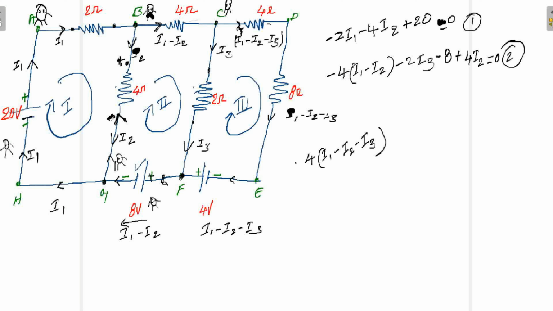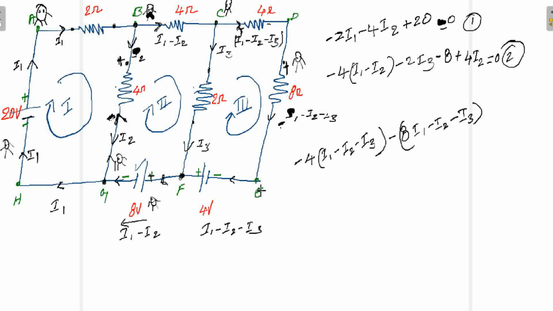So voltage drop, minus. Now you came here. Again you are moving in this direction, and the current is also moving in the same direction. The current came across one resistor. So current moves from higher potential to lower potential. This is your higher potential, this is your lower potential. You have observed that there is a voltage drop from positive to negative. So that voltage drop is equal to minus 8 into (I1 minus I2 minus I3).